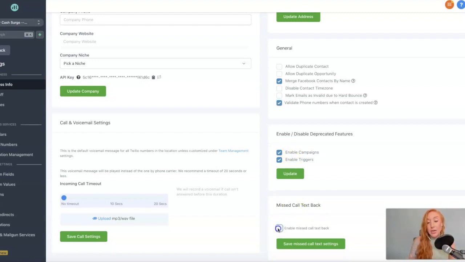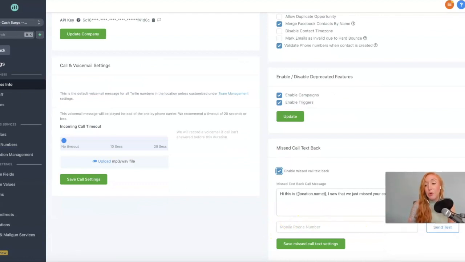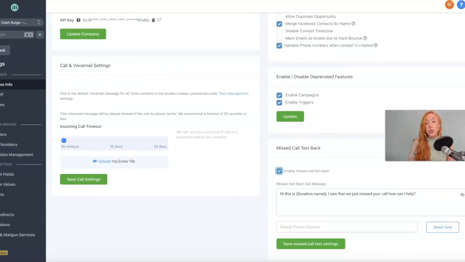We also have missed call text back. So this is a really great, simple feature to set up. This is going to allow any missed calls to get a text back and really just direct them in whatever that best next step might be. So you might say something very similar to this, or you could say, hey, I am on the line with another client. I'd love to speak with you. If you want to schedule a time, that would be great. Here's my calendar link. So that can be a really good missed call text back as well. You're then going to save those missed call settings, or you can also test what that would look like by